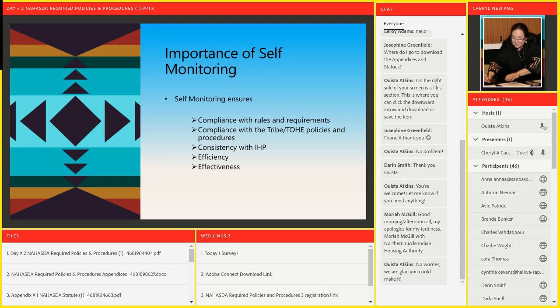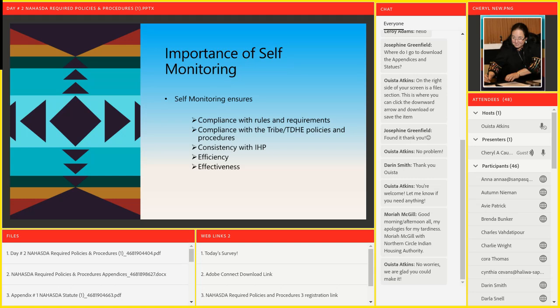You can do that all year long. Every time that somebody messes up or you discover things that could be done better, you can build that in as part of your self-monitoring. Hey, this is what we found and this is how we're going to fix it. Self-monitoring ensures compliance with your rules and requirements, compliance with the tribe and the TDHE policies and procedures, and consistency with your Indian Housing Plan, because remember it's supposed to be done with your annual performance report,